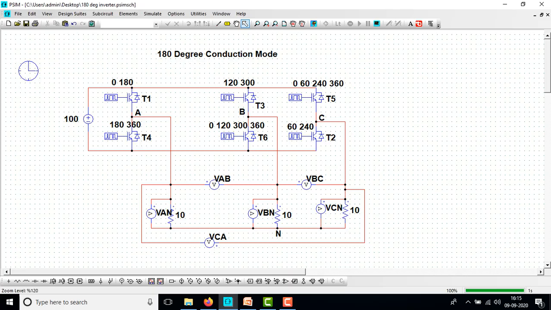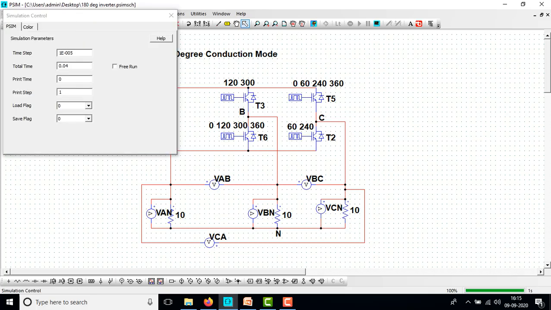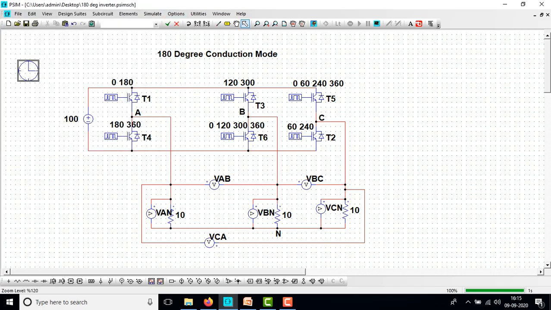Here we are using only the resistance, that is 10 ohms, and these are the voltage probes: VAN, VBN, VCN are the phase voltages, VAB, VBC, VCA are the line voltages. So on running this we have to place the simulation control, for 2 cycles we are running the simulation. So on running this we will get,